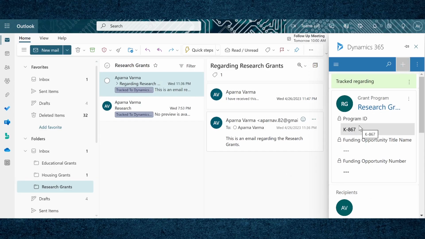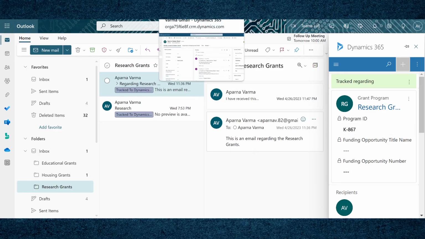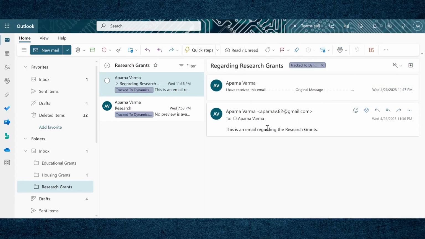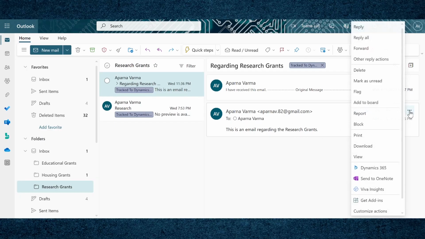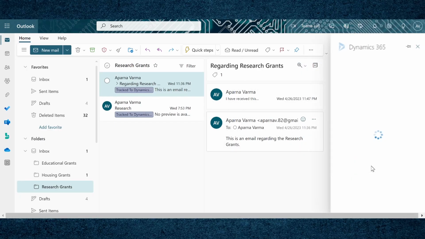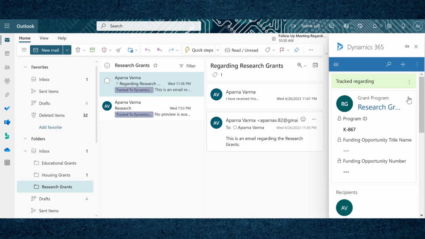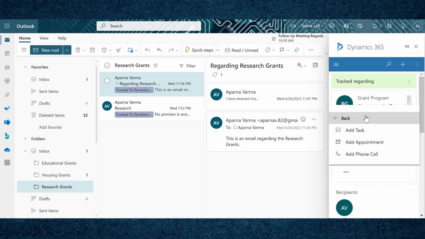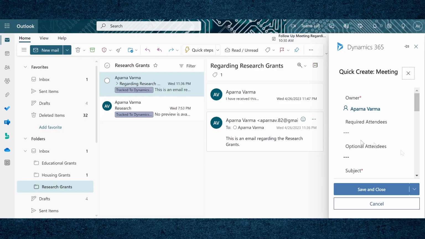So now, even though I've done it in Outlook, if I go and check my D365 app, I will be able to see these activities in the timeline of the respective program and the contact. So I want to schedule a meeting regarding my research grants with this particular contact. So I'll go and click more actions and my D365 section. If I click on these three dots and click on add activity and add appointment, I can set up